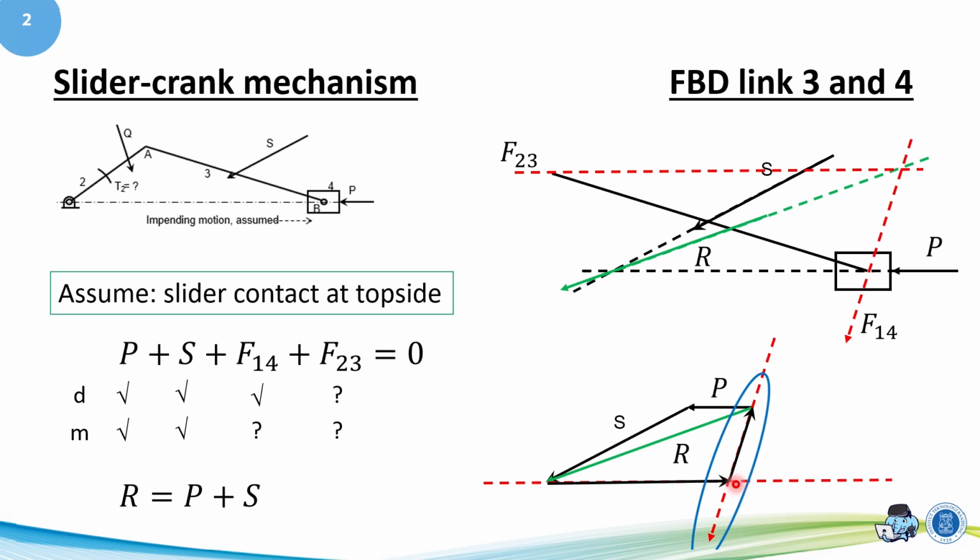You can see here there is a contradiction between the vector F14 in the polygon and in the free body diagram. In the free body diagram, F14 should be directed to the downside, but in the force polygon, F14 should go to the upper side, because of the closed polygon. So you can see our assumption is wrong because it does not match between the force polygon and the free body diagram. Because our assumption is wrong, we have to make another assumption and prove it true.